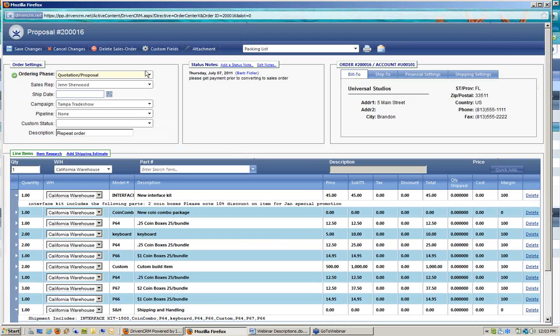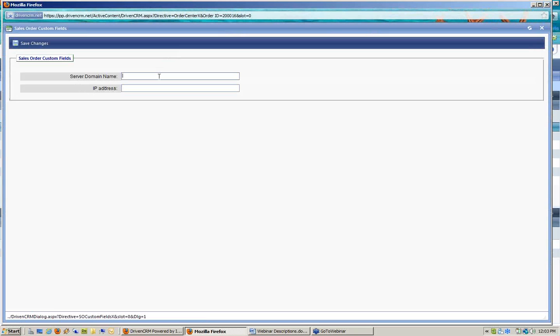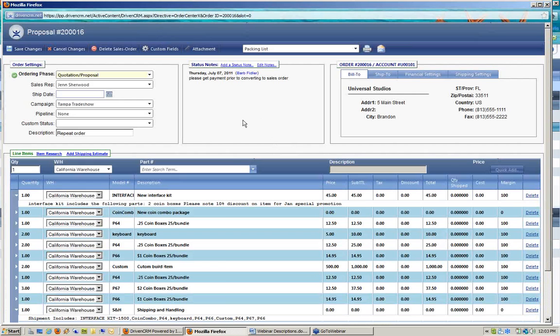Now I'm going to update it, and I can go back to the custom fields area and say that, okay, their domain name is www.domaingen.com. Okay, and the IP address is 215.354.216.54. And I save that. Now, that custom information is specifically linked to this order or this proposal, and it's going